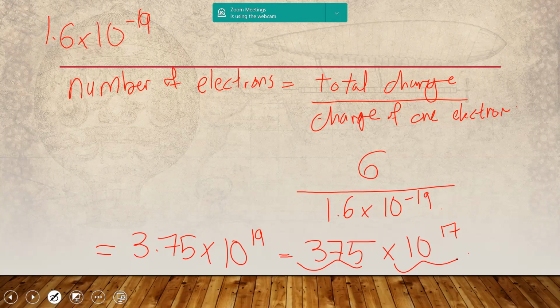So the number of electrons will be 3.75 times 10 to the power 19 electrons. Is it clear? It is to the power negative 19 or to the